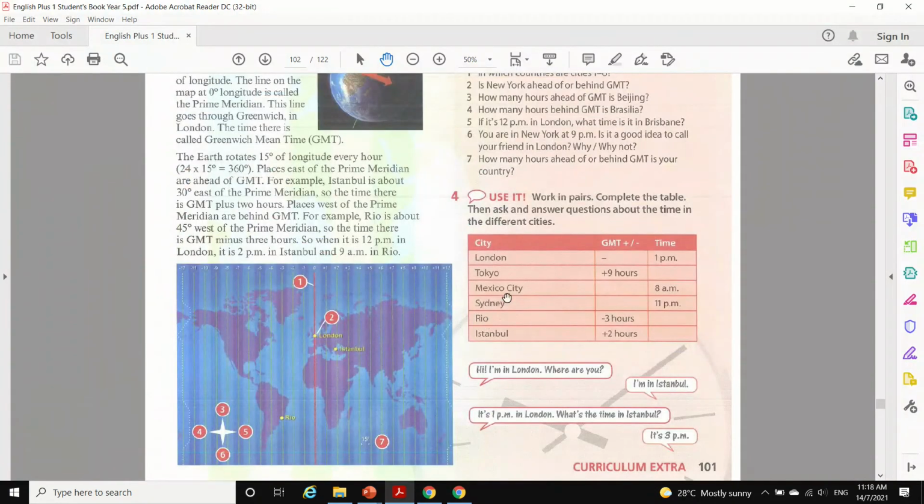Okay, next, this one is Sydney. Sydney 11 p.m. So we have to go forward. Okay, Sydney actually is here. This is Australia. Okay, Australia is below our country. 我们的马来西亚在这里，Australia 在我们的下面，所以是在这里。然后我们是往前走。